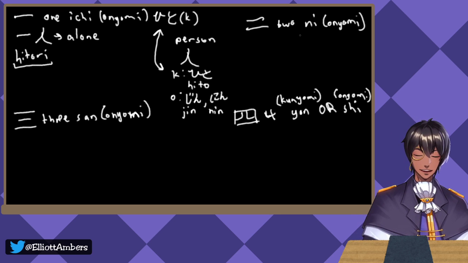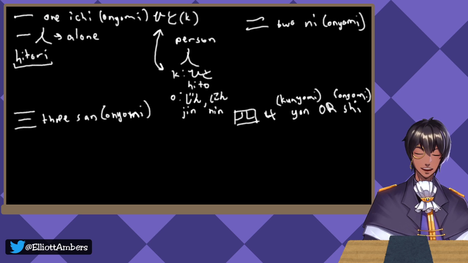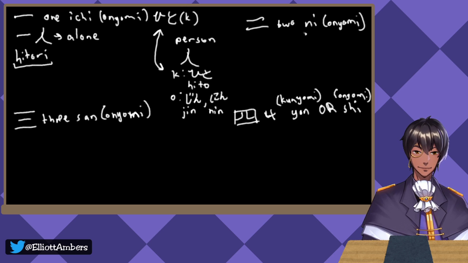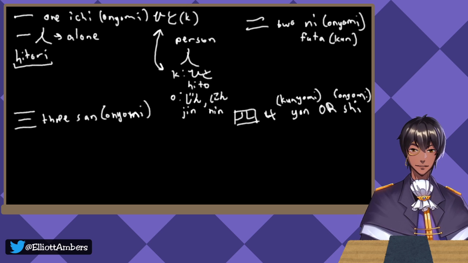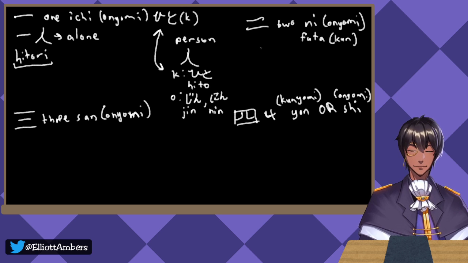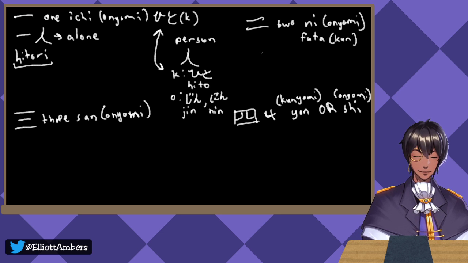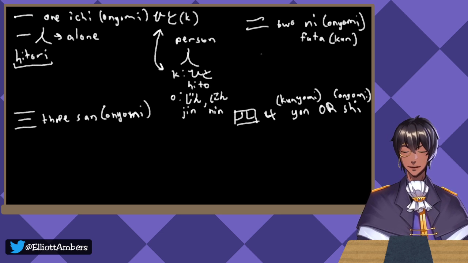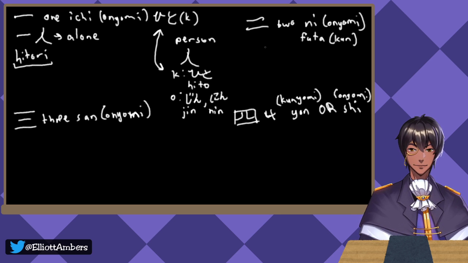Similarly, 2. The Onyomi reading for 2 is ni, while the Kunyomi is futa. I'm going to regret writing that on the board, but you know, that is just how Japanese is. Just one of those things where someone's going to say something and I don't want them to say it. Anyway, so when we say 2 people,